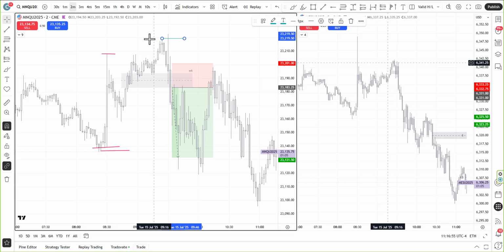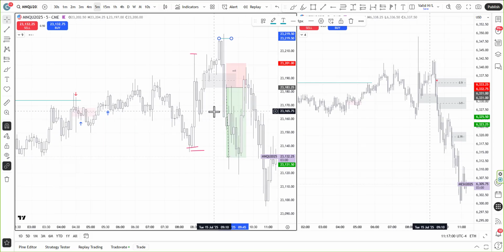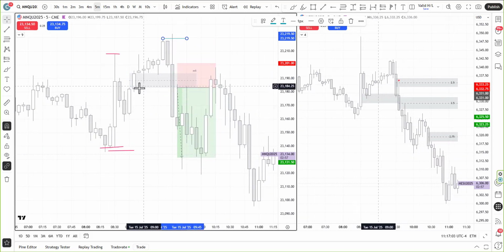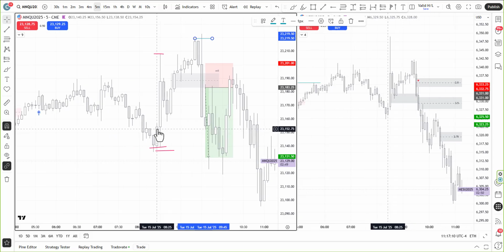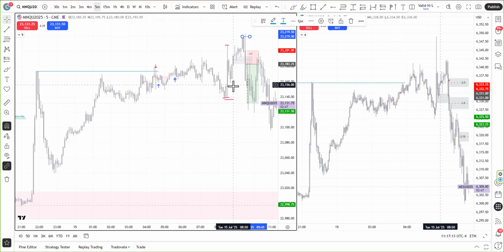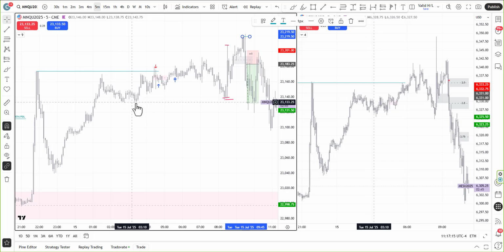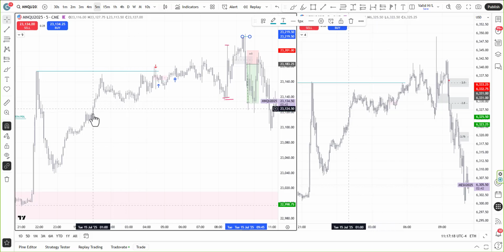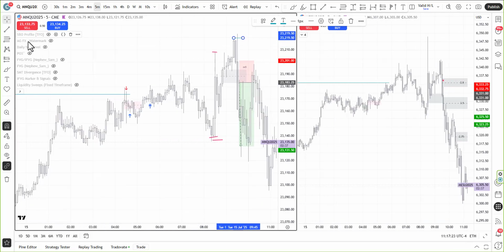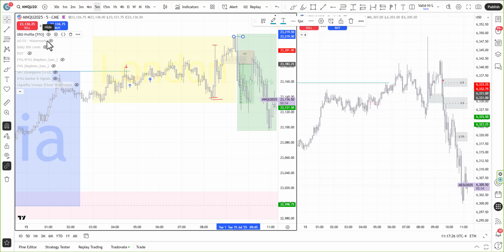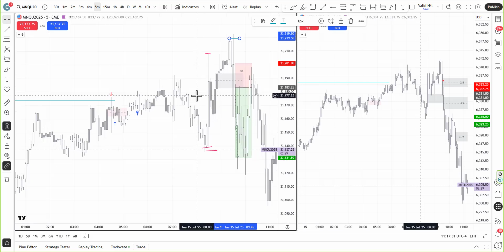So what's next? Price immediately started dumping, and I went to the 5 minute. I saw this really nice 5 minute level, support, wicked out, breakdown. While this was forming, I was thinking, okay, this looks like a unicorn setup, because not only did we have data low, but we still had these equal lows that were untaken, and there was a gap over here. So the draw on liquidity was absolutely clear. Was it also coinciding with London low? Yes, definitely. So this was London low, looking absolutely perfect. So much draw on liquidity.